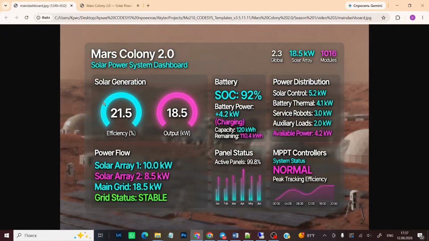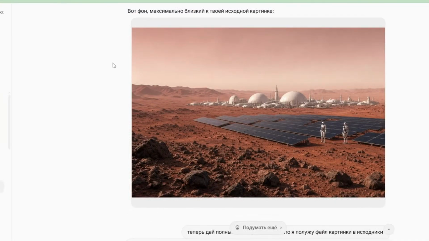Let's get started with creating the web user interface, or more precisely, the main control panel for the solar power system. To increase development efficiency, we will use AI, for example, Grok. To start, let's ask Grok to generate an image of the main control panel for us,